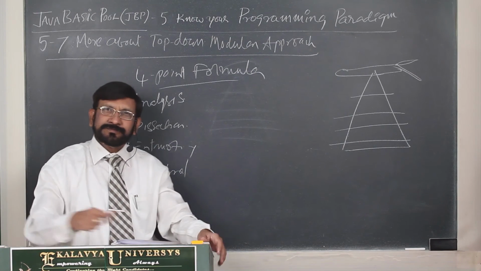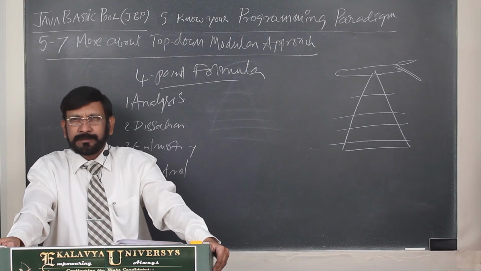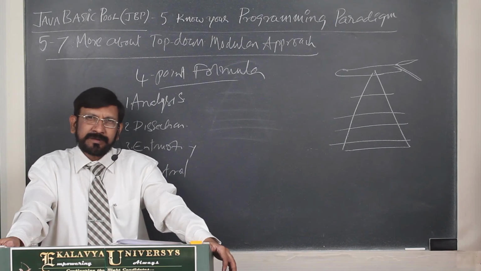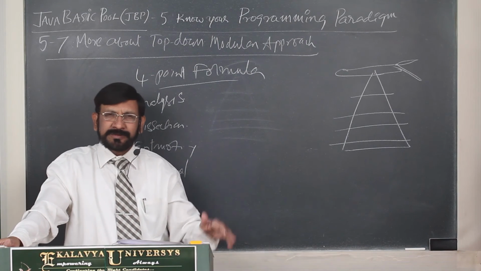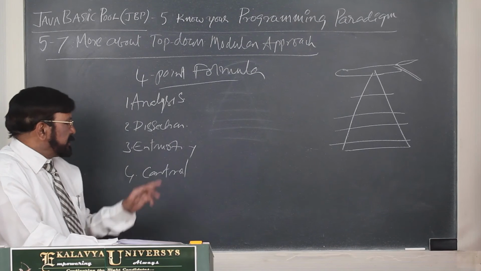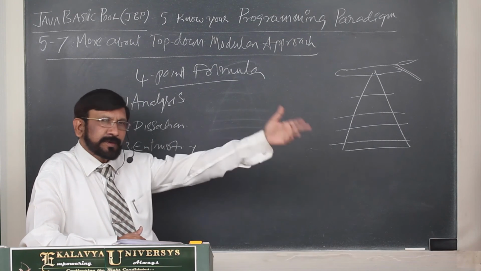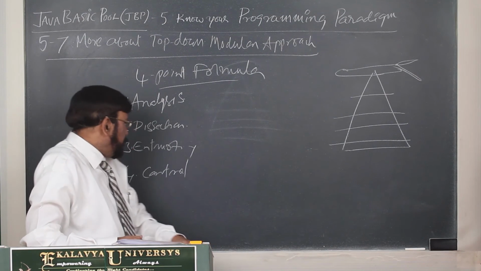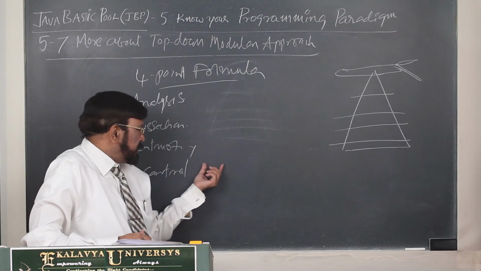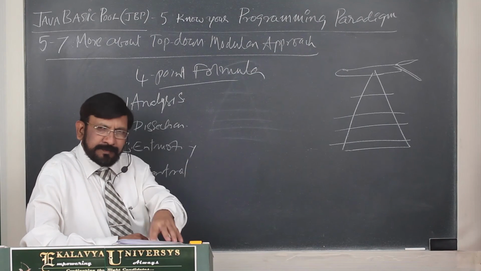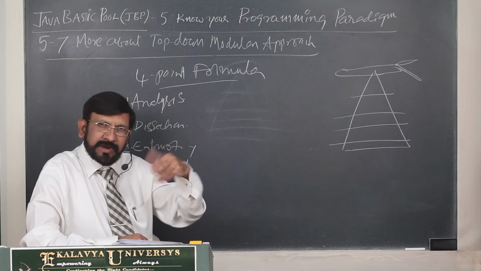Thereafter, appointing. You appoint appropriate people. Suppose building design is there, you appoint an architect, for supervision and control one engineer, and for transport purposes a transporter. Like that you appoint specialists. In real life we call them specialists, in programming we call them functions. Thereafter you control any deviations in real time projects. Any deviations from cost schedules or time schedules, you can correct. Otherwise, you can correct your plan.